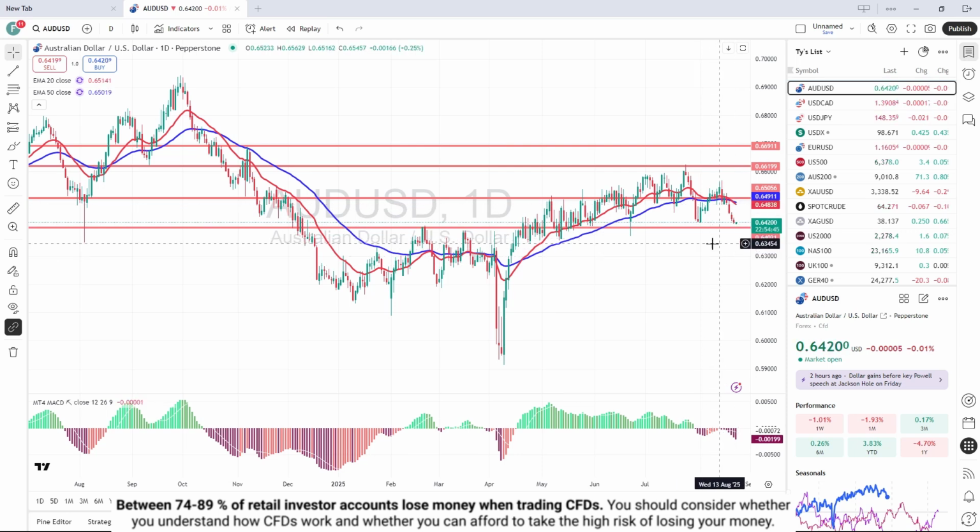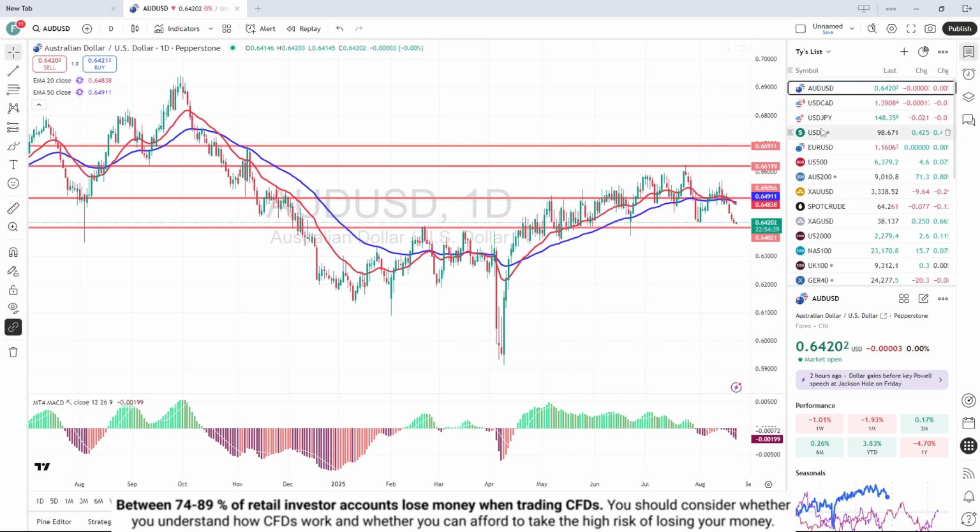But we won't even talk about a break until it actually happens, because that's going to be a very serious breach of a very, very strong support level. But in the interim, we'd be looking for a reversal of movement, and if we see a higher high, higher low sequence on a smaller time frame, we'd look at trading it back up to the moving average in the